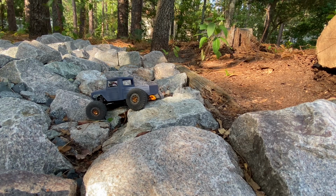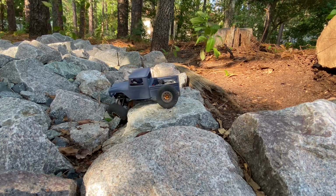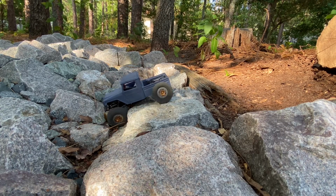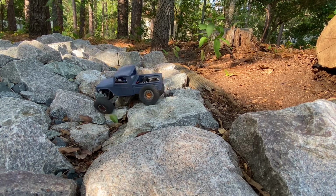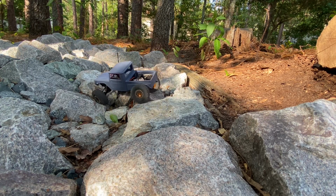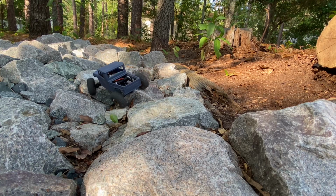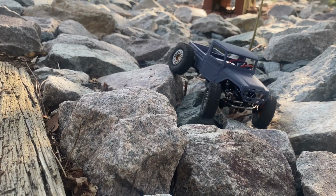And hey, let me know what you guys think in the comments. Tell me if you think the open rear looks cool or not, because I'm thinking about just making a little cross member instead of putting the whole rear bed in there. Just a little cross member that goes across and lets the magnets attach, right across the top of the shock hoop there. So you let me know. I think that's how I'm gonna do it